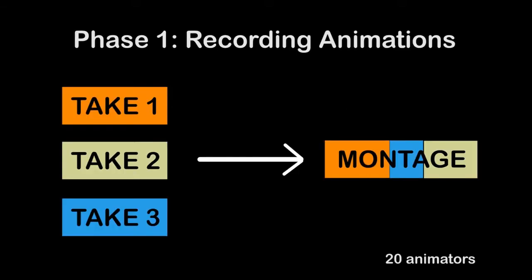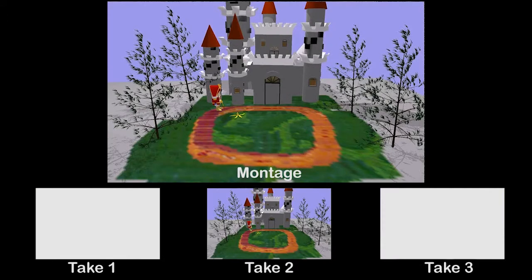In a user study, we tested whether users found a montage to be better than a set of original takes. In phase 1, 20 users with no prior animation experience recorded an animation. Each animator read a script, recorded 3 takes, and annotated them. Our system then created the montage. We now play the montage for one of the animators and read out the script in the background. Below the montage, we also show the take that was automatically chosen for each part of the story based on the user's annotations.